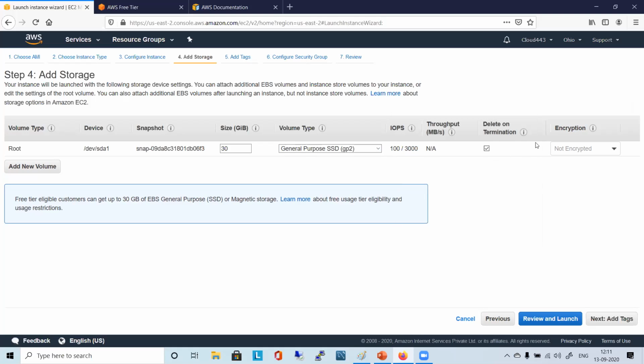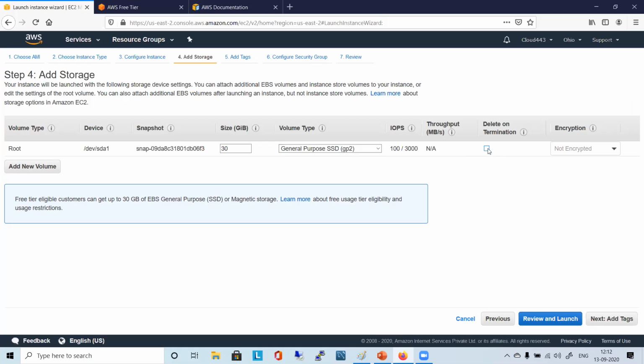Delete on termination: if you don't choose this option, this volume will not be deleted when you terminate your instance. If this option is chosen, when you terminate your instance, the volume is terminated by default. You saw I had terminated my instance. If I don't choose it, I have to go inside the volume tab and delete it, or do whatever I want with that volume. I can keep it or delete it; that is my choice. You terminated it at that time, but it was still visible there.